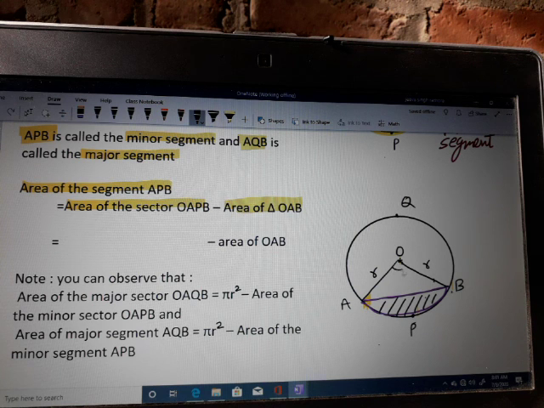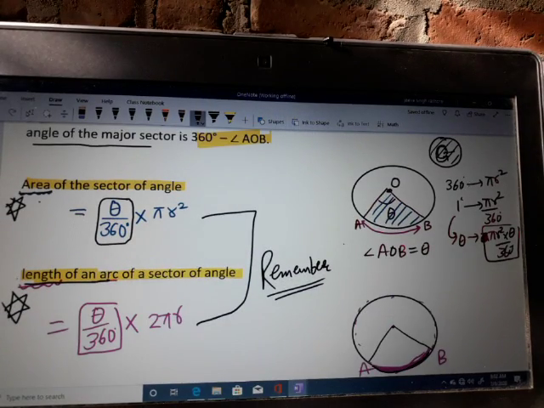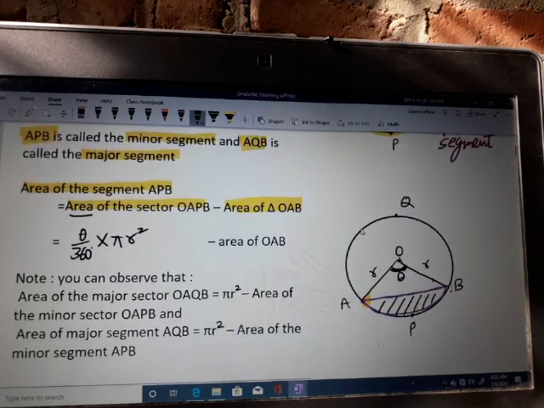And how to find the area of this triangle is very important. I will explain in detail here. Please note down the area of sector OAPB. Let us consider this makes an angle of theta degrees at the center. As I already explained, it is theta upon 360 into pi r square. This is the formula for the area of sector. I hope you understand the concept.